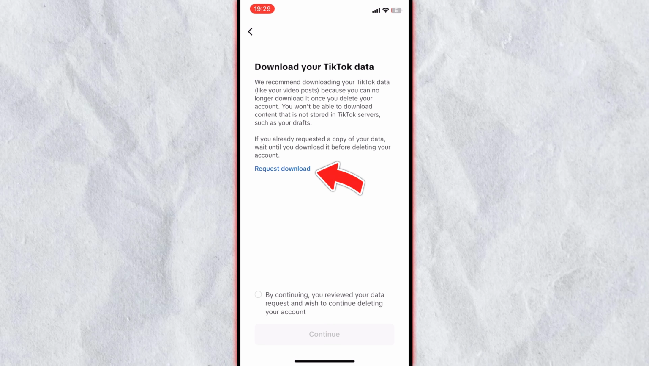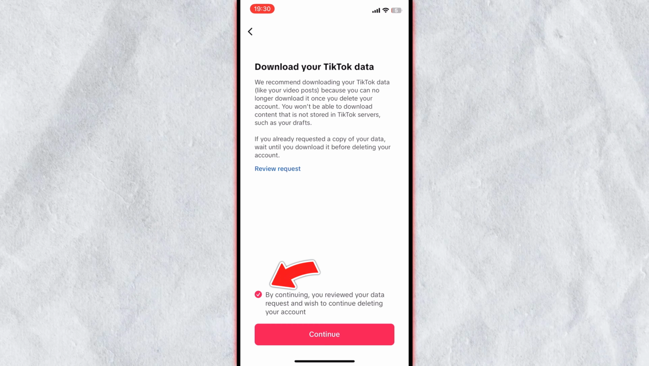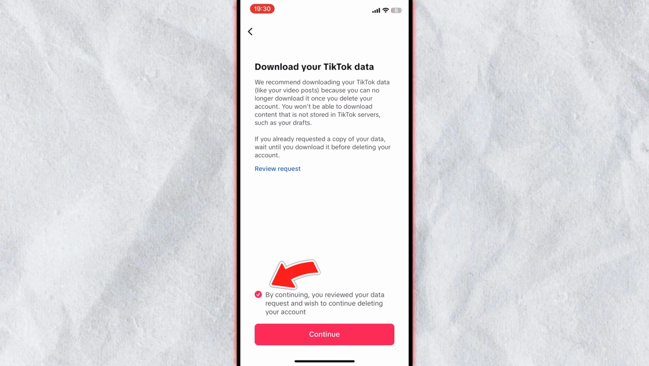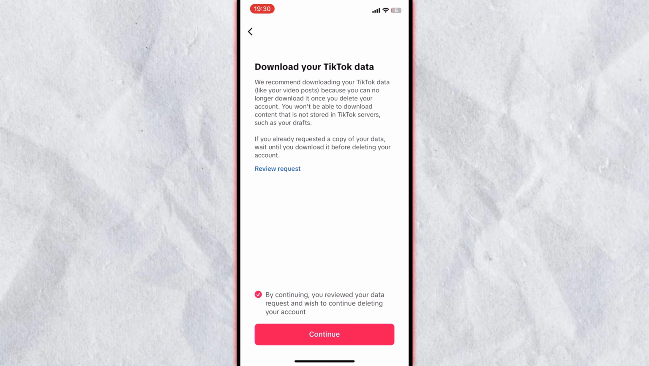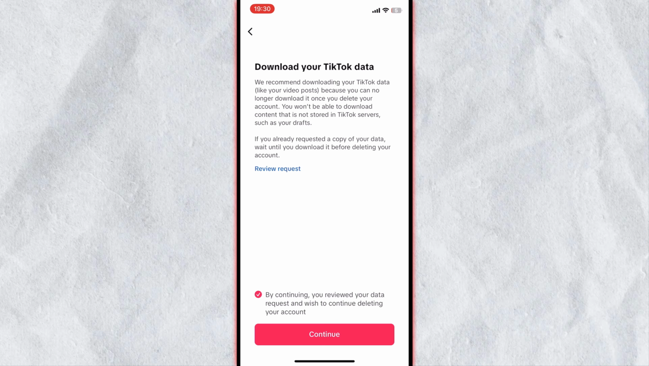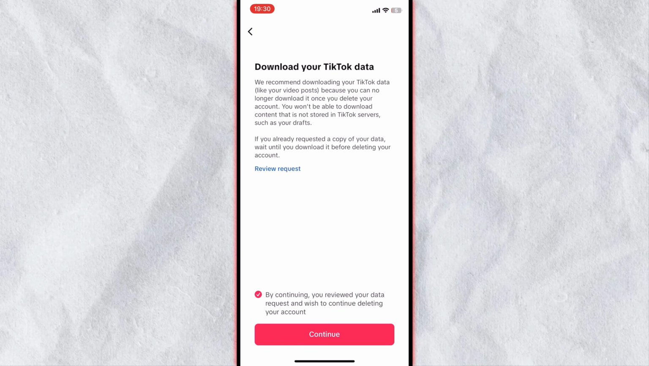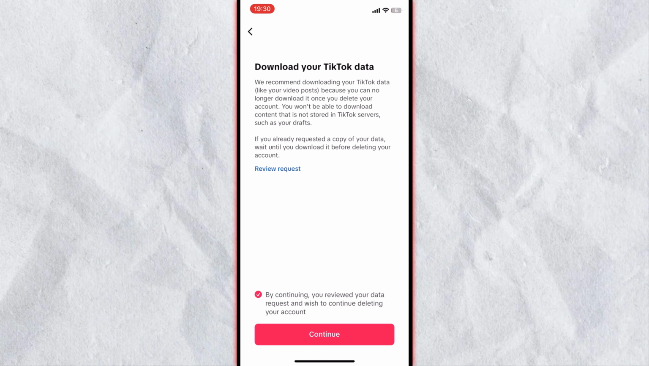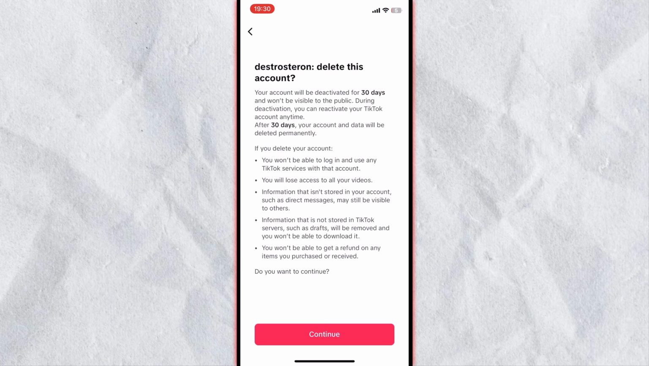If you want to request to download your information, you can select that, or if you just don't care, you have to check the box down below that you read and reviewed your data request and also that you wish to continue deleting your account, and you have to understand that once you've done that, your account will be deleted permanently, and also all together with your content which you posted, videos, history and all that kind of stuff. So that being said, let's press now on continue because we wish to delete our account,